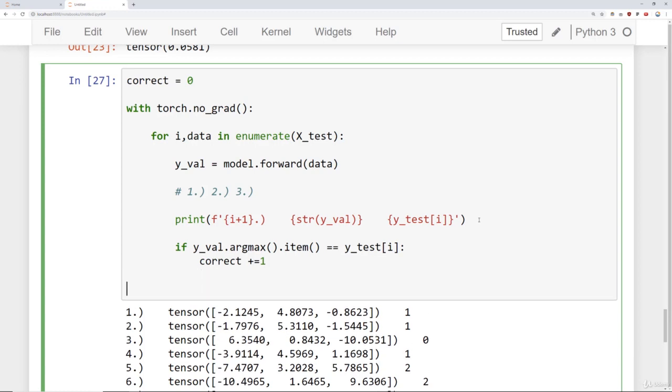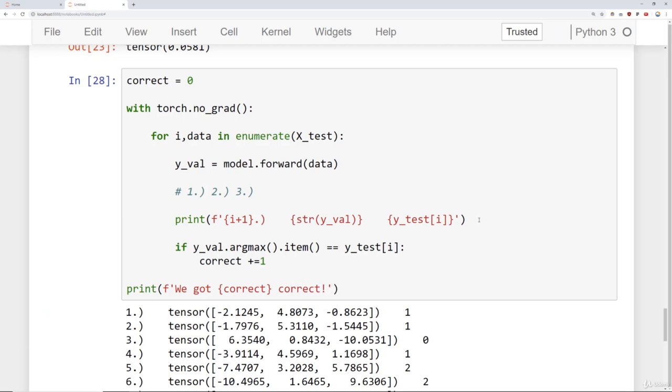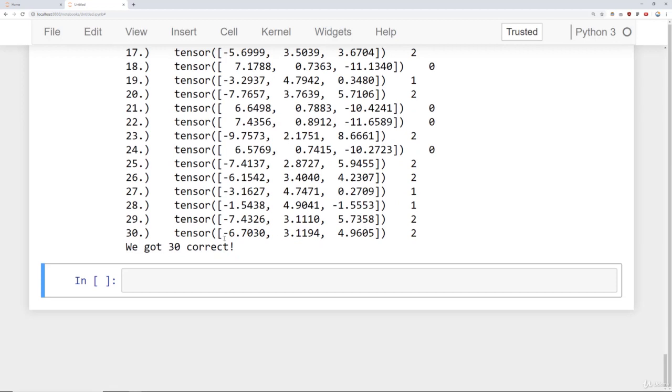And then after this whole for loop is done, we'll print out those values. We'll say we got blank number correct. So you go ahead and run that, and then at the end of all this,